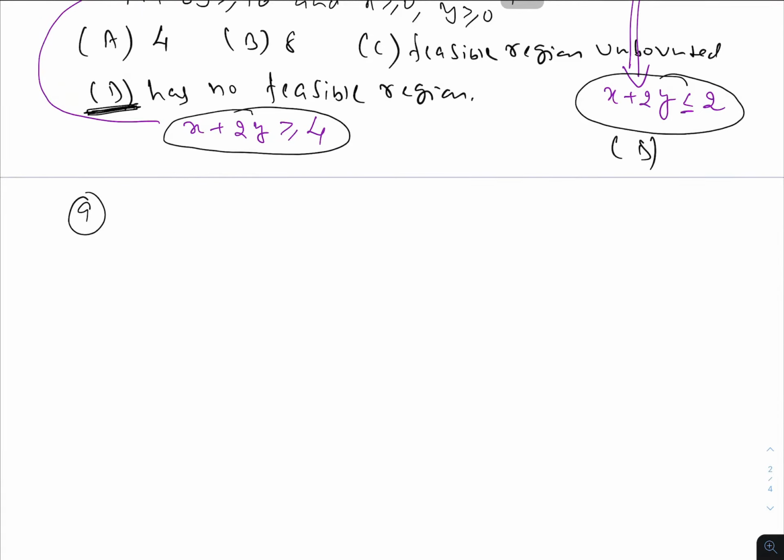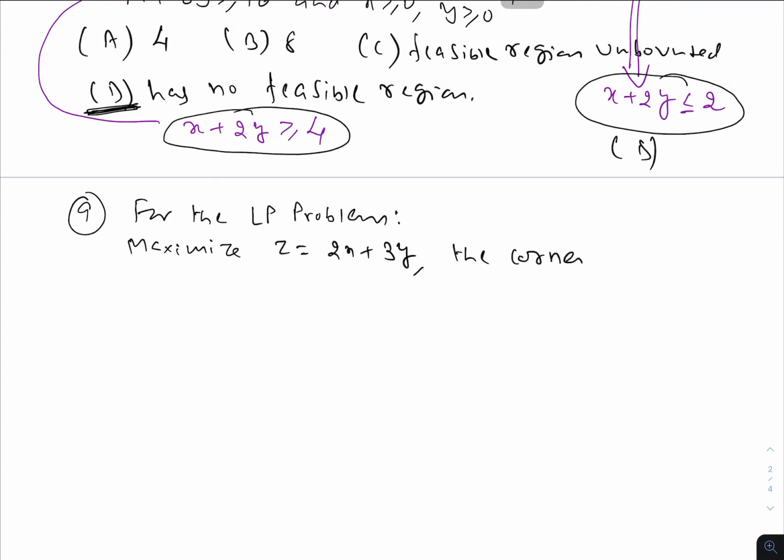For the linear programming problem, maximize z equal to 2x plus 3y, the corner points of the bounded region are,